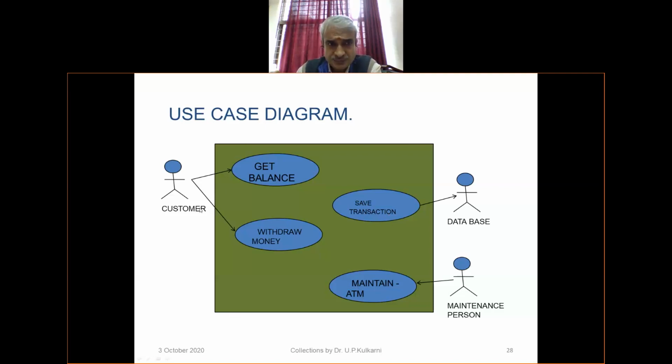And for the actors, we use the term actor. An actor is the one which provides input or takes an output from the system. The actor could be people, a system, software, hardware, anything. That's how we call it an actor. An actor is not necessarily a person, please understand that. Also, in the last class we saw how to name the use case.